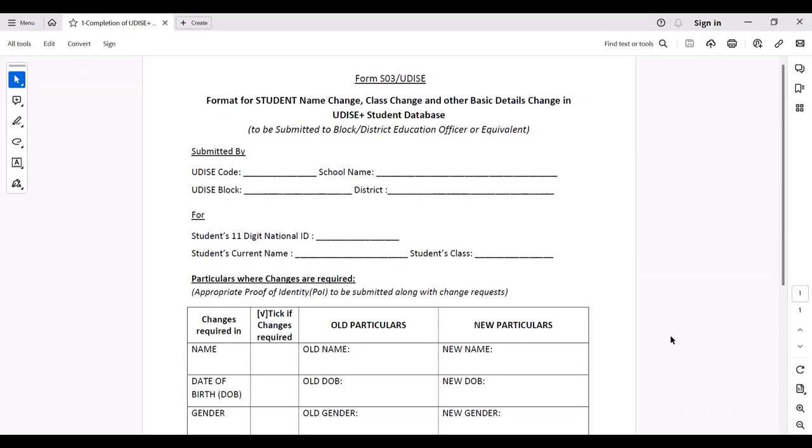Hello user, today I'm going to show you how you can update student basic profile details such as the name of the student, class changes, date of birth of the student, gender of the student and Aadhaar details which were found incorrect during the process of data entry in the previous academic year